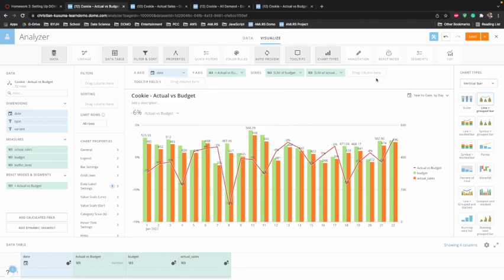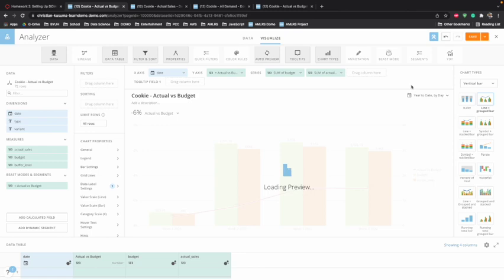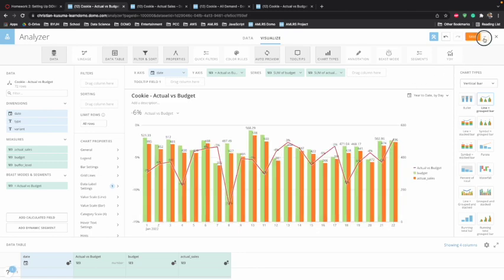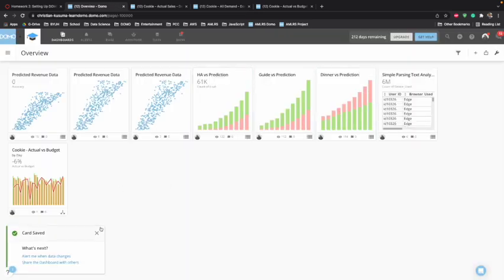This is daily, right? Year to date. What if I want it to be weekly? I can also change it in this part, do it week. There you go. It doesn't look good, so I'm going to change it back to day, and then I'm going to click this arrow right here, save and close. Now I have a bunch of other cards here, but this is the card that I just created, and I want this card